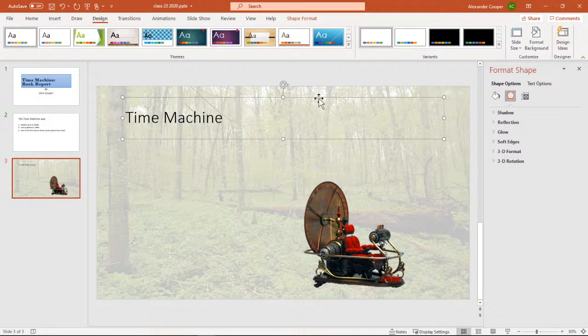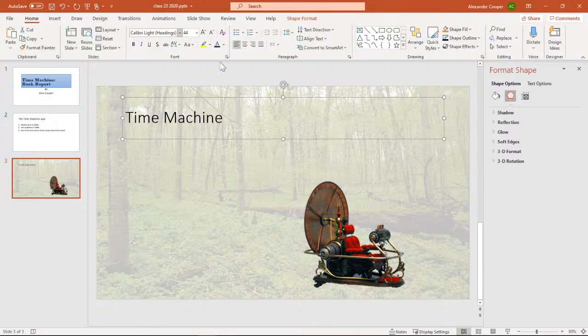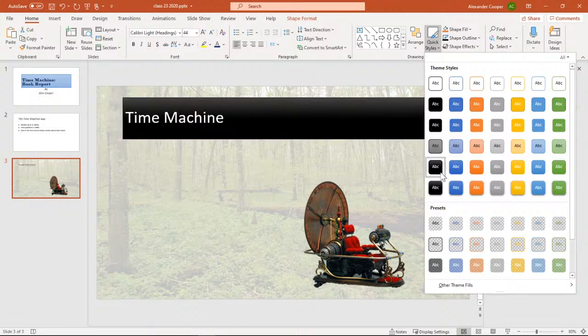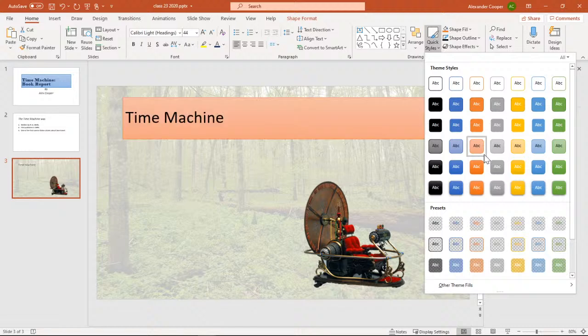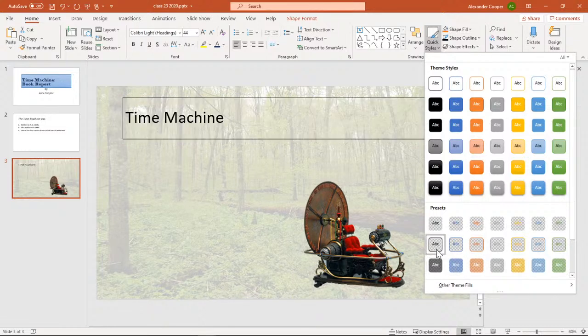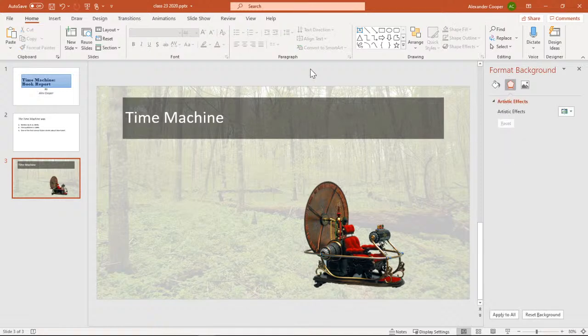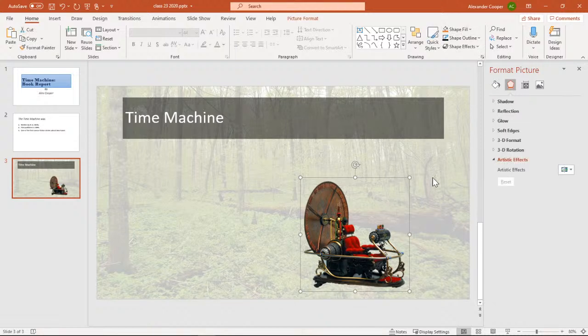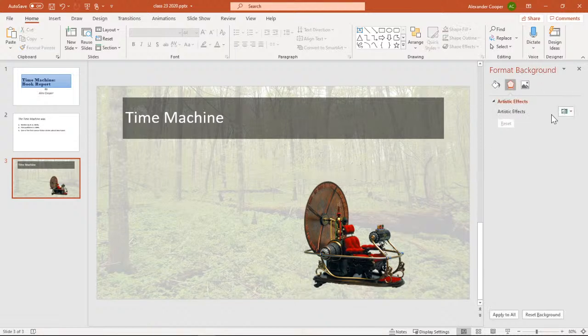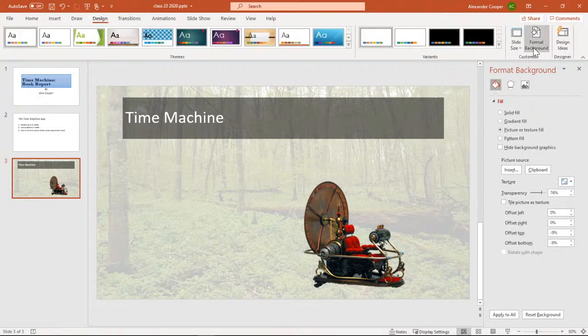And if I want to stylize my text box, where's my thing here? I'm trying to get it kind of, what would be good? All right, I'll choose that. That'll look pretty good. Doesn't look fantastic, but it looks pretty good. And my background, I go back to my format background. There you go. And because of my picture, of course, I can mess with the transparency on here.